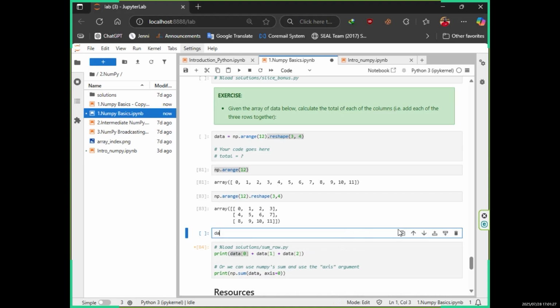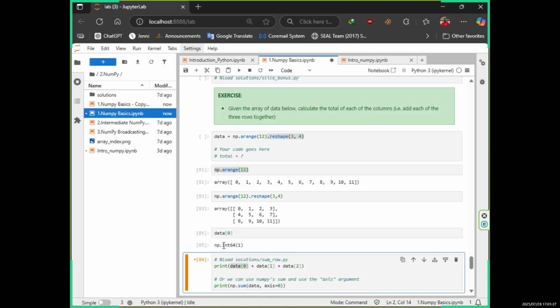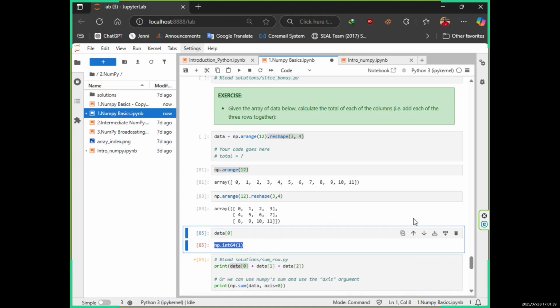If I type data 0, what will happen? It should extract the